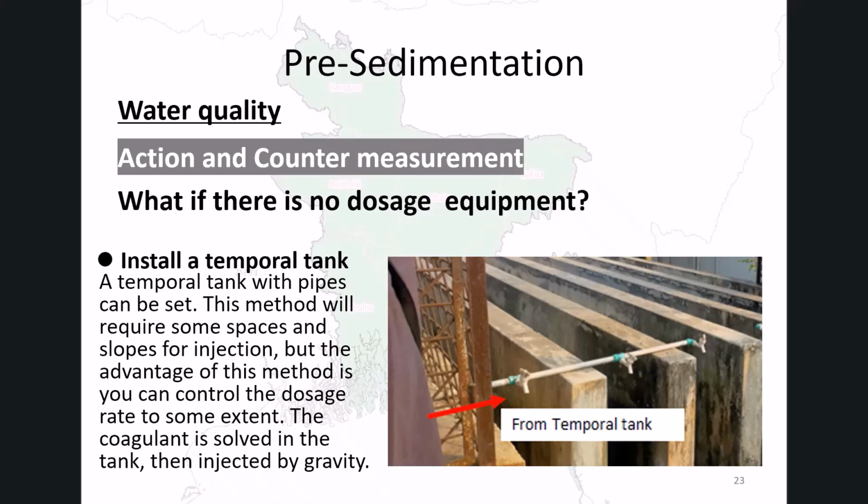If the situation allows, a better temporary solution is to prepare a small tank to dissolve the coagulant before introducing it into the sedimentation pond. By dissolving the chemical first and allowing it to flow gradually into the system, dosage becomes more controlled compared to soaking a bag directly in the water. Although still a temporary measure, this method provides more stable coagulation and reduces the risk of damaging the biological activity in the slow sand filter.